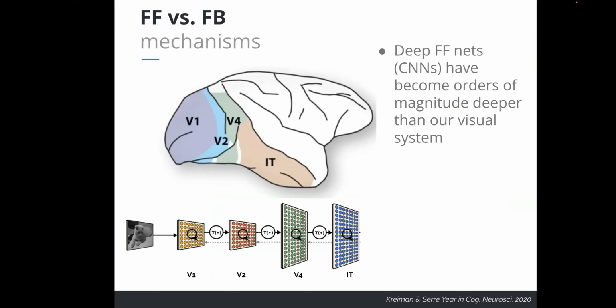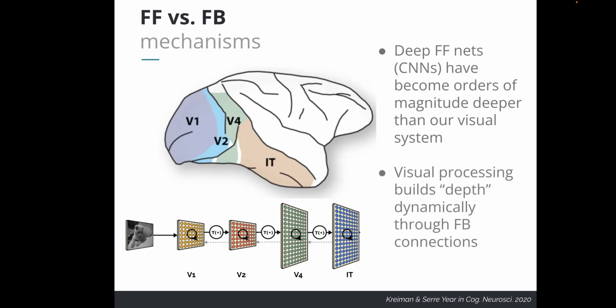So just to give you a brief summary of what I've tried to tell you so far, we know that we have very successful deep feedforward neural networks, CNNs, that are solving tasks that we thought would be very hard for any kind of engineered system to solve, visual tasks, that is, but they have become orders of magnitude deeper than our own visual system. As I mentioned earlier, when we look at the number of processing stages in our visual system, we're probably close to half a dozen, maybe up to a dozen processing stages. And so the way our visual system is able to build some sort of processing depth beyond this initial feedforward sweep